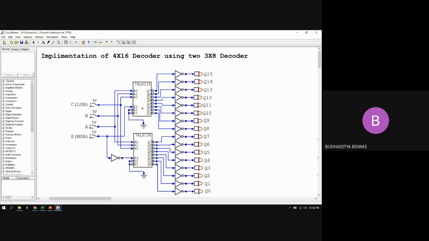But before we go for that, one question is why so many enable inputs are there? You know the enable input is actually the line which controls the activity of the device. If the enable input enables the device, then only it works, otherwise it remains disabled. But why are more than 1 enable inputs there?